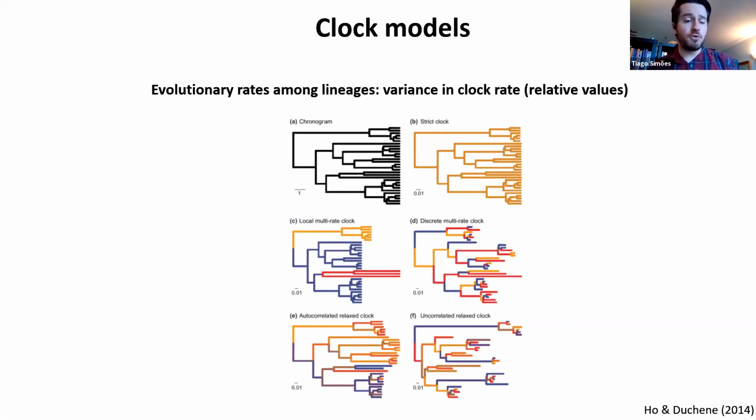We can also assess which one has the best fit to the data using Bayes factors, et cetera. So basically we have many different models available now to explore how not just molecular, but also phenotypic characters change across the phylogeny, and what's the best clock model to assess rates of character evolution and divergence times.